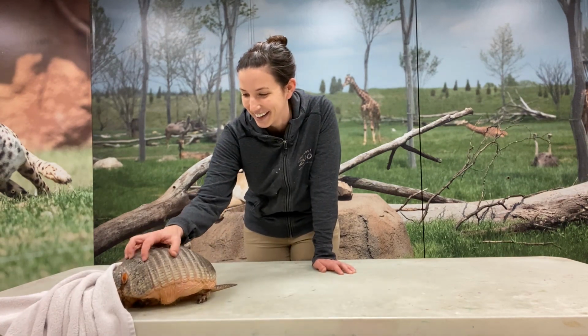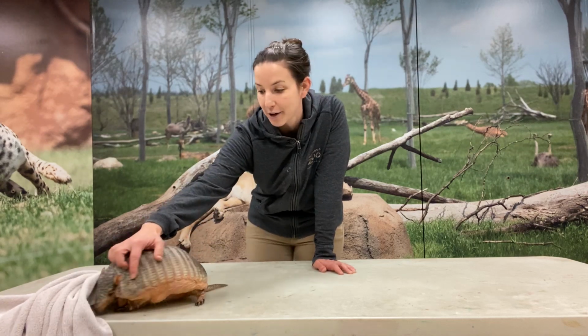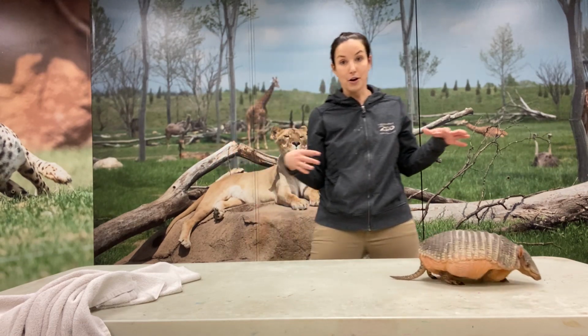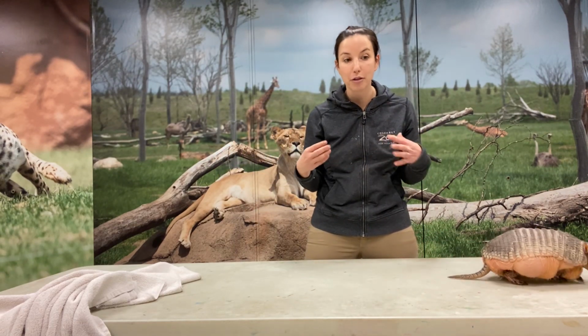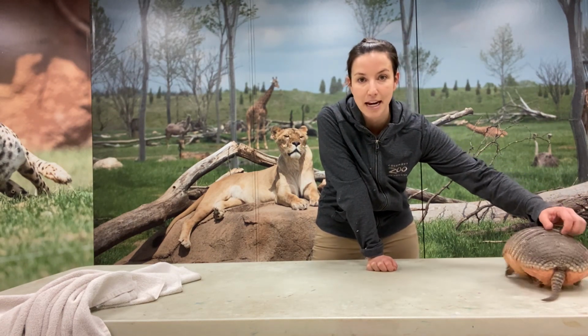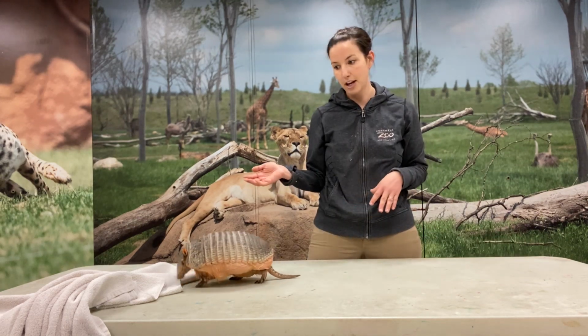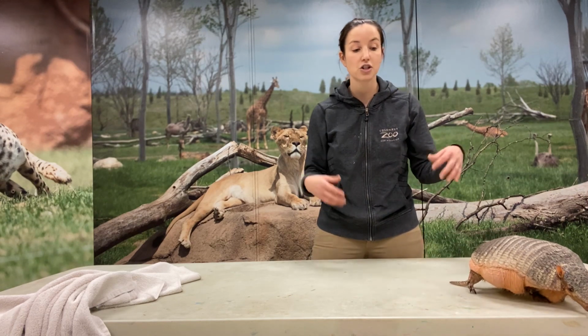Where are you going? One of the coolest things that they've learned about the giant armadillo is that those animals are really good at digging burrows, and they'll actually burrow underground and spend only about 3 days in each burrow that they've dug, which means they're leaving behind many, many burrows, which become homes and shelter for many other species of animals. So they're really incredible and very important to their own habitat,